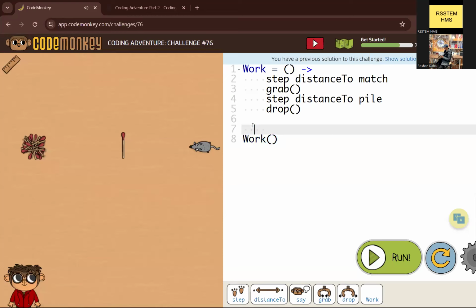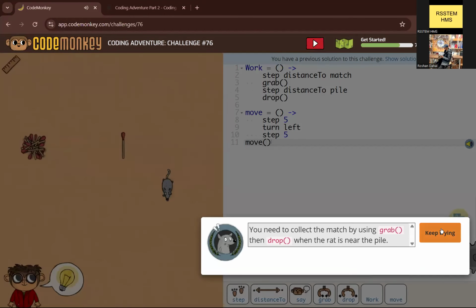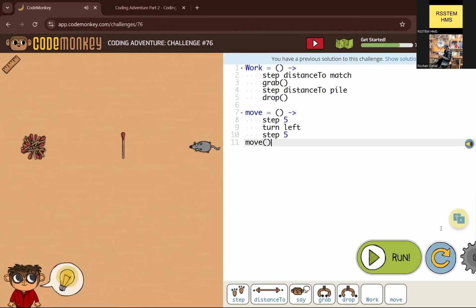But then I wrote a new function here and called it. So when the call happens, the computer follows only the function that is called. So it completely ignores the work function and follows the move function instead. So don't forget to call the function you define, otherwise the function will not work.